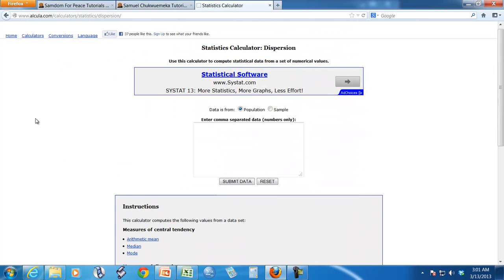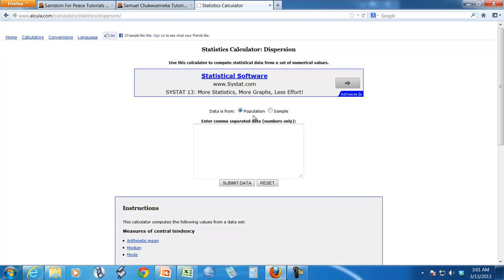Now, why I call this super is it can give you from population and from sample. I mean, it is really, really good. Like, you tell where your data is from. Is your data from population, which means you want to find out the population mean, population standard deviation, population variance, and the rest of them, or is it for sample? So we're gonna test it with both of them, but by default it brings you to population. So we'll go ahead and